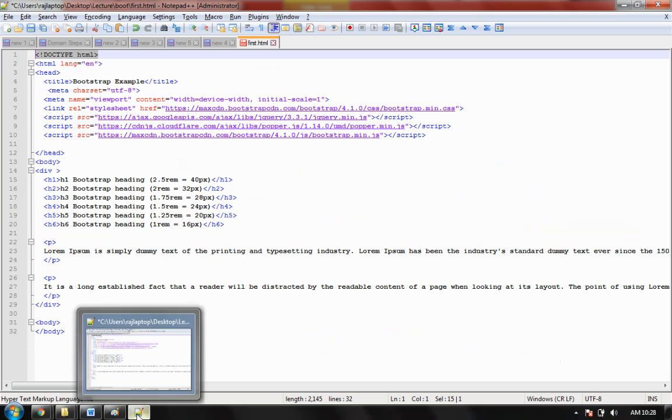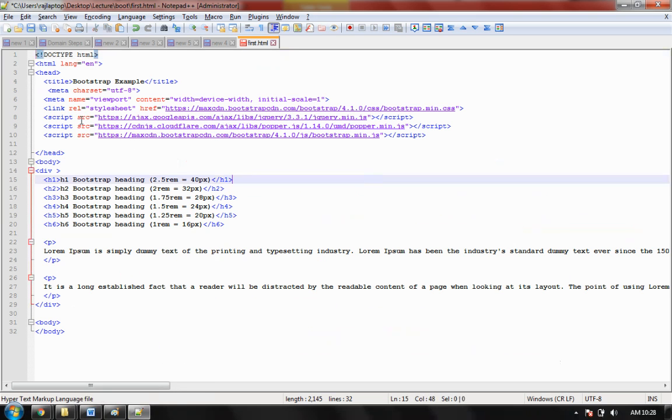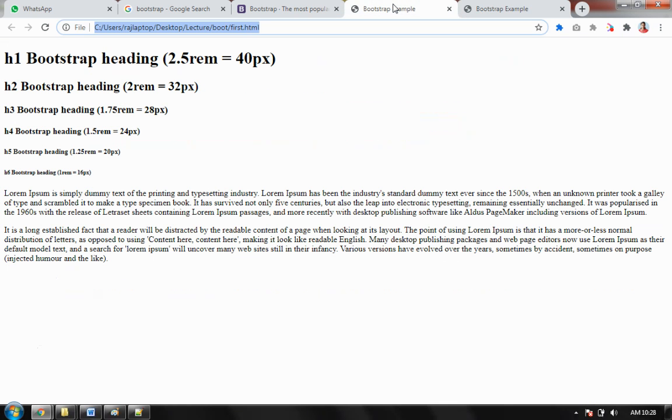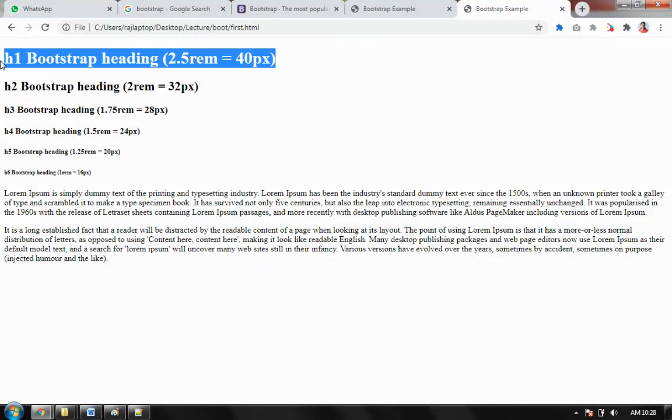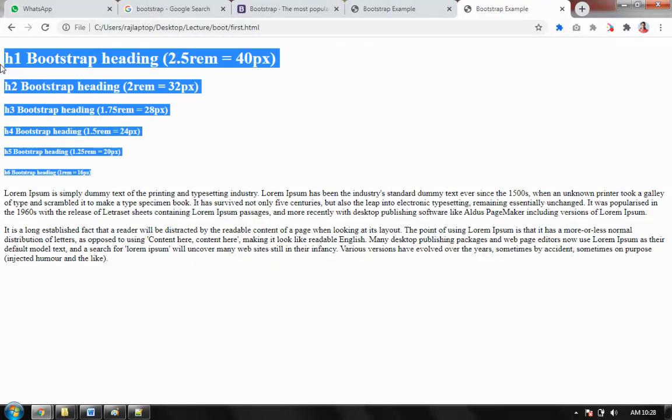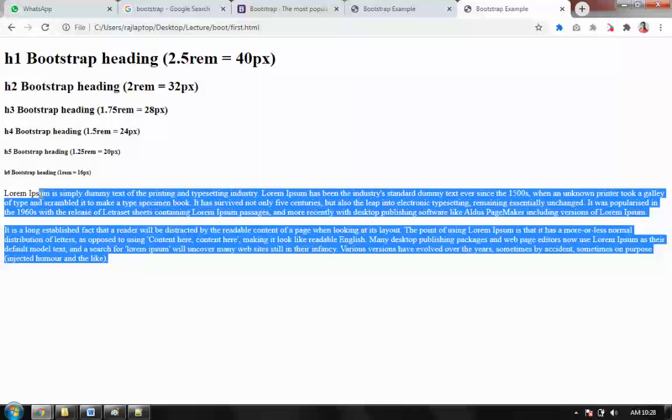Now what happened? I created a site and added these Bootstrap lines. After adding these Bootstrap lines, what happens? I save that and go to my browser. This is my first page. This is my second page. Till this point, there is no difference. Now just watch these fonts, their appearance, their font type, their size, their spacing. What happens to that? I just refresh it.